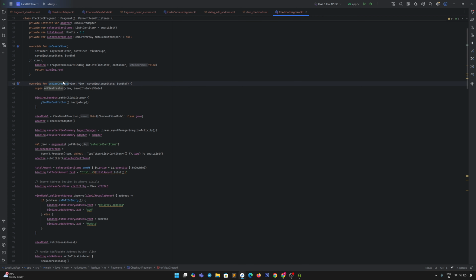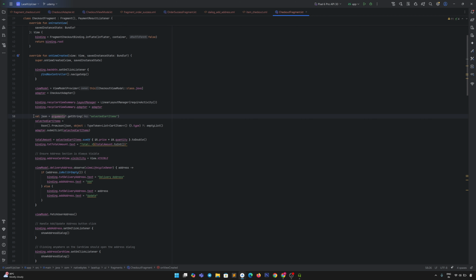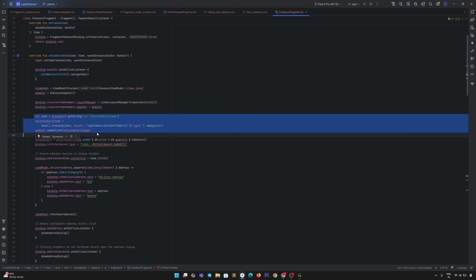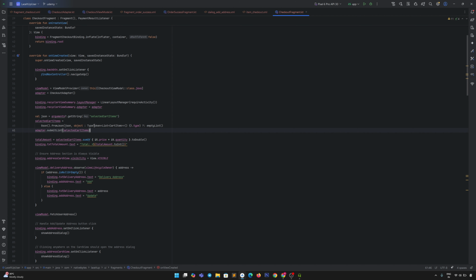Now in onViewCreated, we set up our back button navigation, initialize the view model, and attach our checkout adapter to the recycler view with the linear layout manager. And here we are handling our cart items. So we fetch the cart items passed as JSON, parse them using JSON, and submit them to the adapter. We then calculate the total price and show it in the UI.